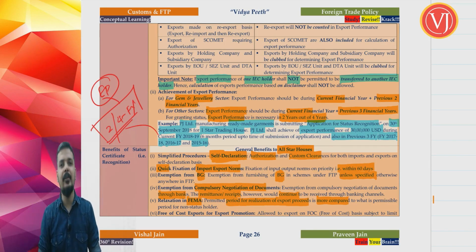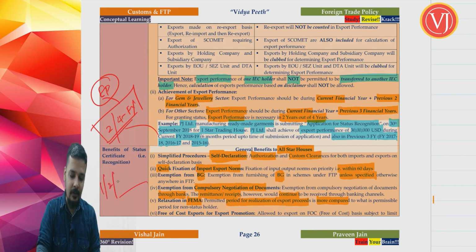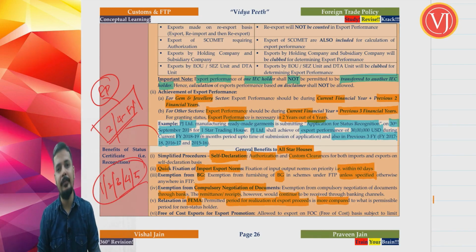Now if you look at all these 4 points, and the fifth important point that we'll discuss separately, if you go through all these 4 points, you'll find that, when I'm talking about the general benefits, these 5 general benefits are for 1 star category, 2 star category, 3 star category, 4 star category and 5 star export houses, right? Self-declaration basis, no need of any certification, first point. Second point, you don't require any bank guarantee.